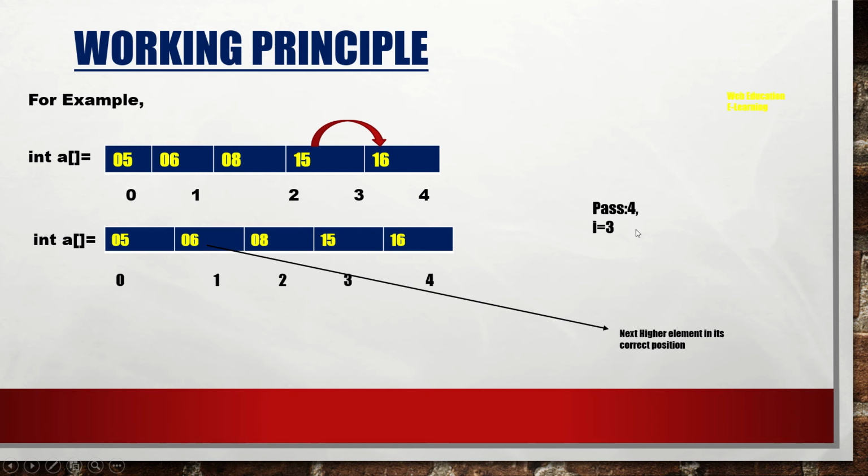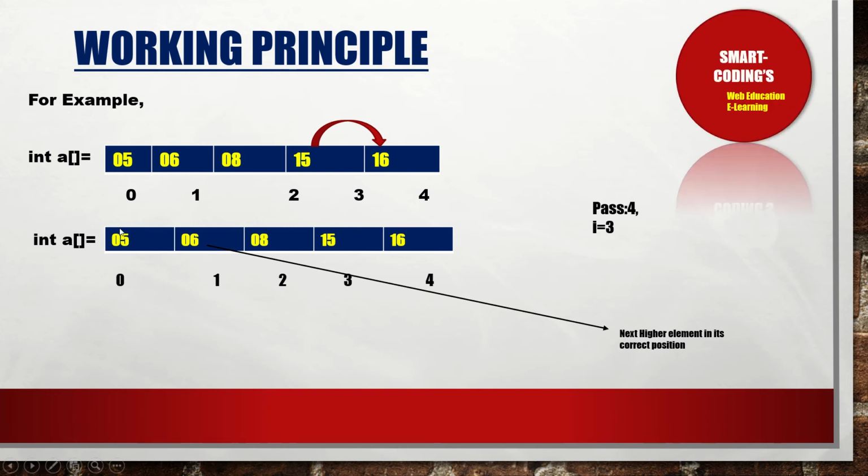So finally at the end of pass 4, i equals 3, where the i value increases at every pass starting from 0. As you can see, the final list is sorted, and the next highest element, 6, is in its correct position. So automatically the last element, that is 5, will be in its correct position here. Clear? In total there are 4 passes. After pass 1, 2, 3 and 4, all 4 elements are in their correct position, so automatically the leftover element will be in its correct position. Common sense. So this is the working principle.